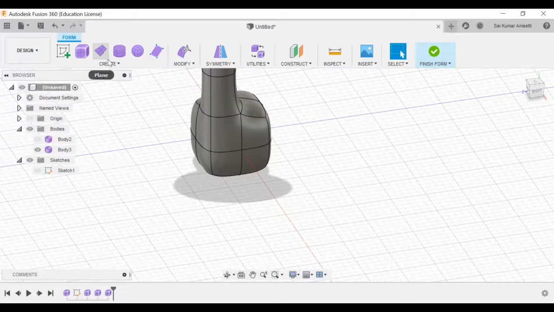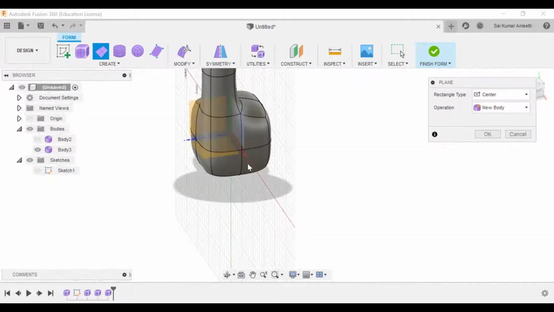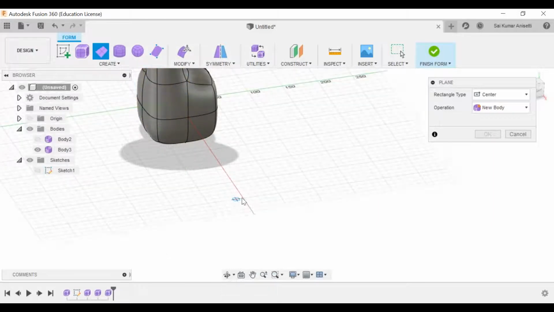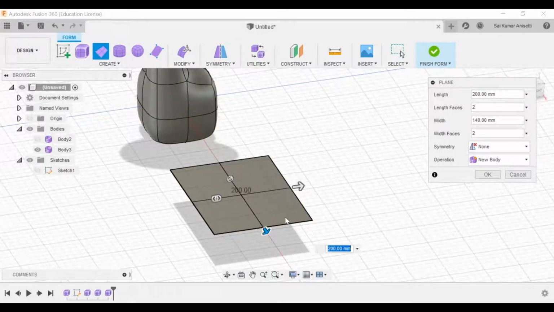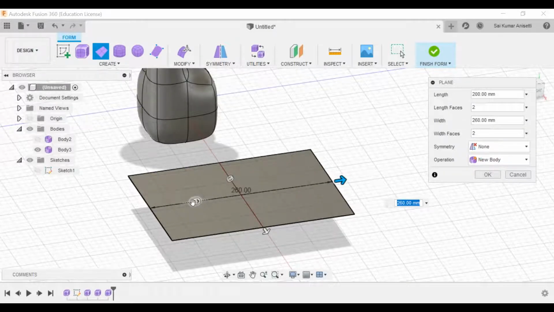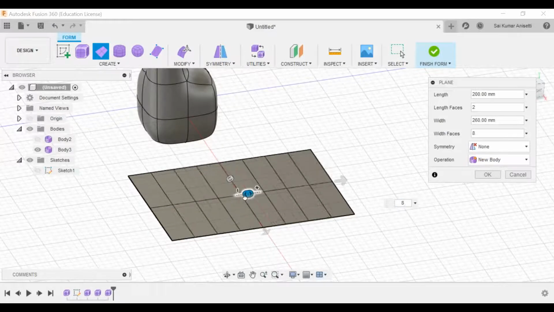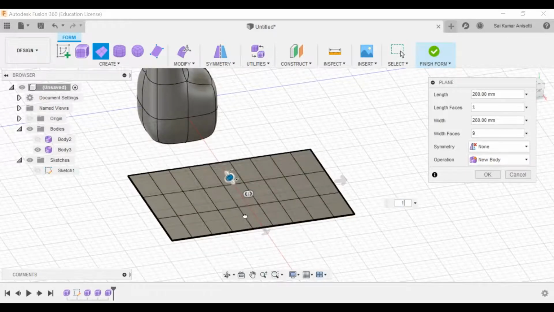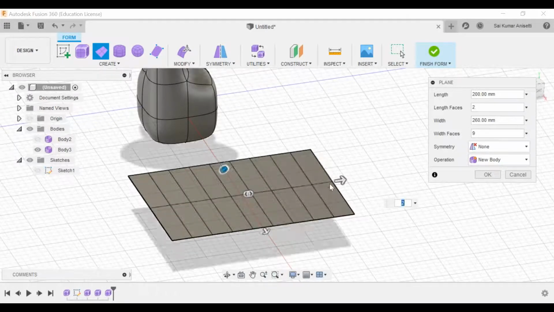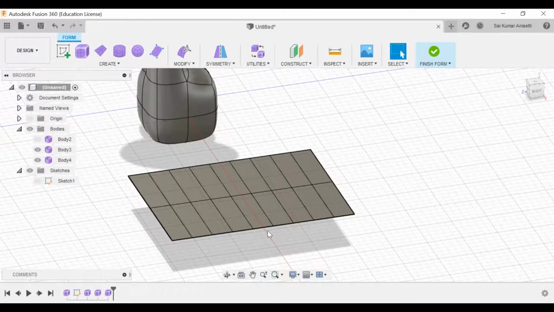Now I'll go with a simple plane. See, these are all primitive shapes. Select this face. It will create a simple plane, that is a planar surface. Now if I want to extrude that in one direction and add a number of faces, I can add a number of faces in this direction, but don't make it that complicated. Two faces are enough for me. Click OK. It has created a simple plane now.